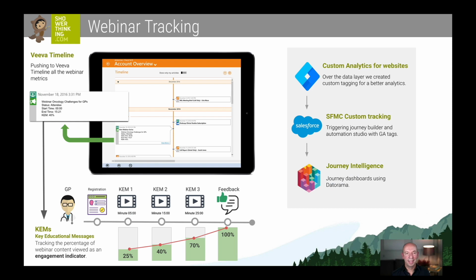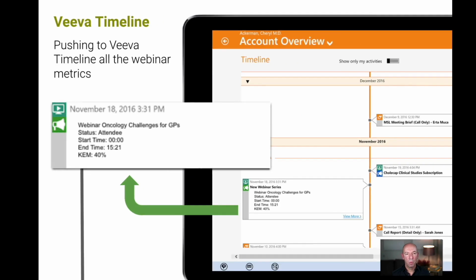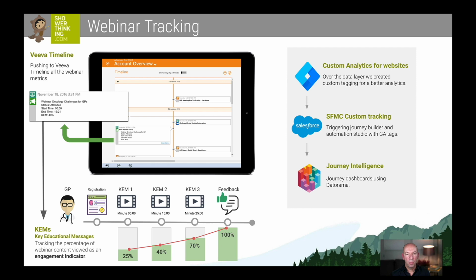If we focus on analytics, this solution integrates all user interactions with the Veeva timeline. In this example, you can see how this is displayed on the iPad of a rep. If you remember, one of the demands of our client was to be able to have an engagement indicator related to businesses. For this, we rely on one of the industry standards, the key educational messages. We tag the content of the webinars based on these key EMs, and thanks to the visualization metrics of the webinar platforms, we create a score based on the time spent in the webinar and the responses of the feedback